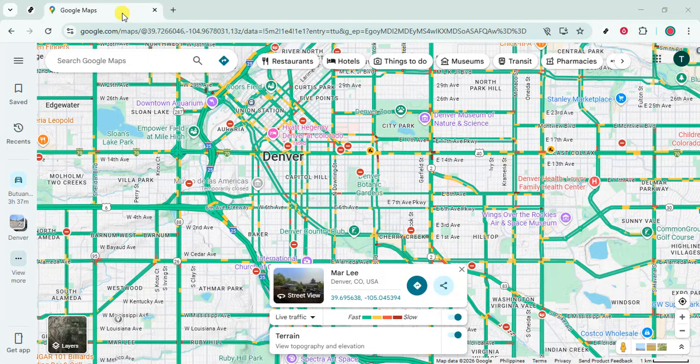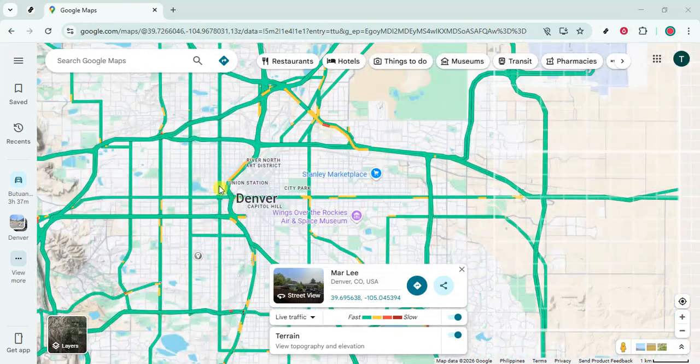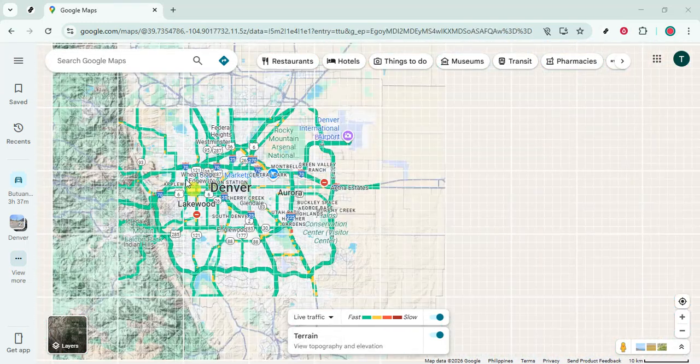In today's video, I'm going to teach you how to find a house number on Google Maps. We'll keep this simple, clear, and practical so you can locate a house number quickly and confidently. Start by opening your browser and going to